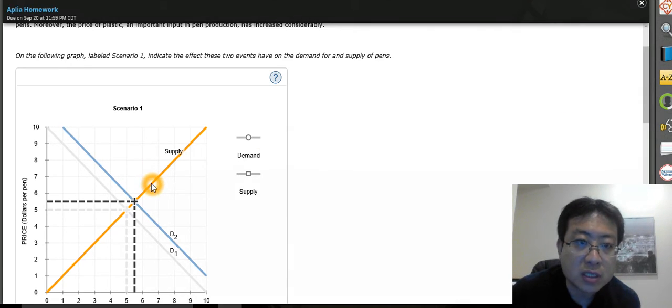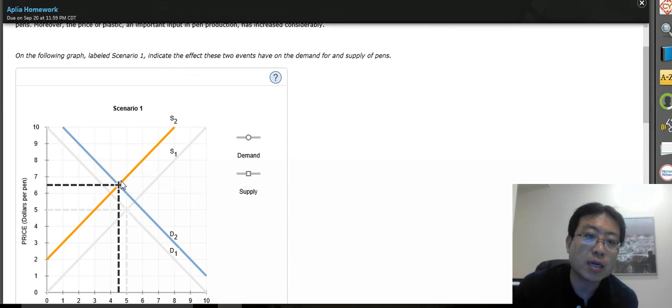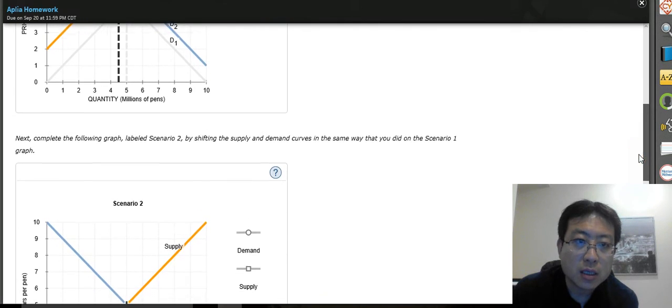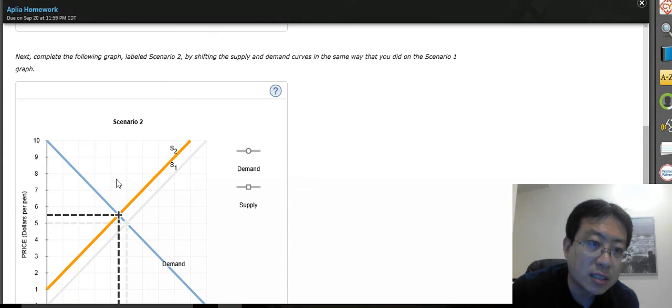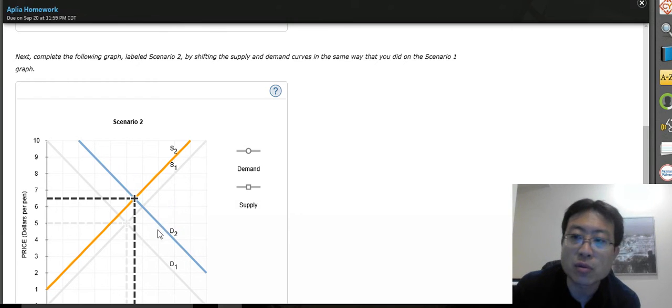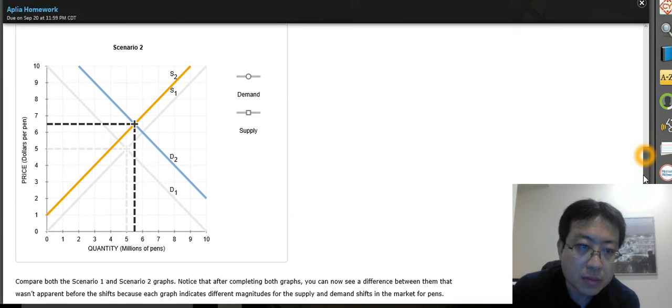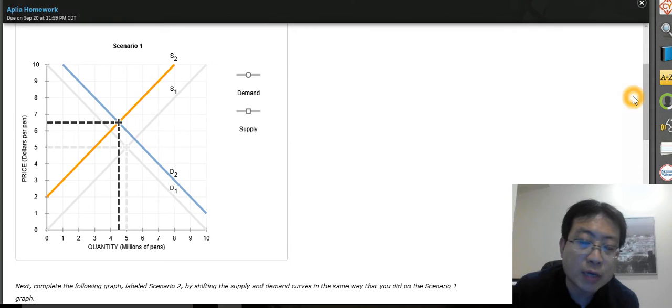So for lower supply over here, we're going to shift our supply curve to the left. So if it's increase, you shift to the right, like demand curve over here. If it's decrease, you shift to the left, like supply curve over here. So left decrease supply, and right increase demand. Now for the next part, label scenario 2 by shifting supply and demand curves in the same way you did on the scenario 1 graph. So we do the same thing. We're going to shift our supply curve to the left and demand curve to the right. Now,